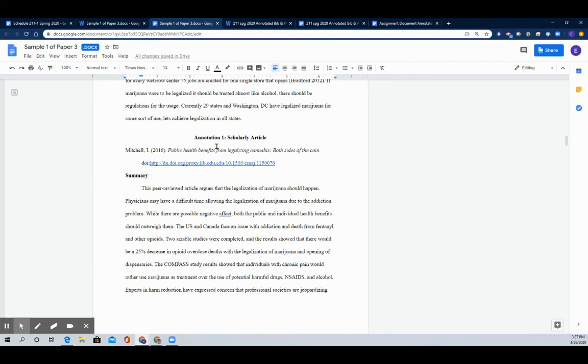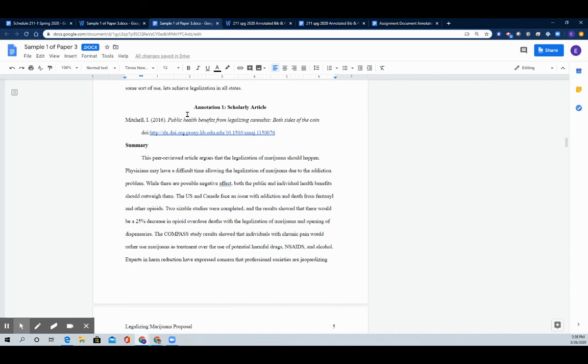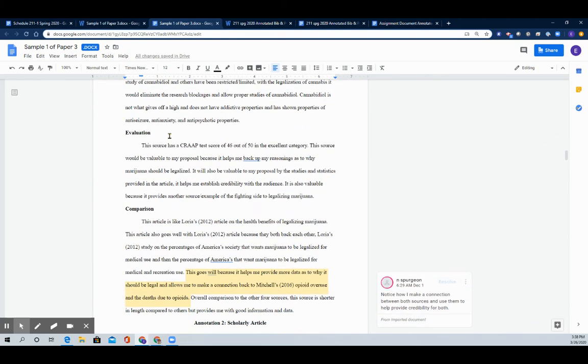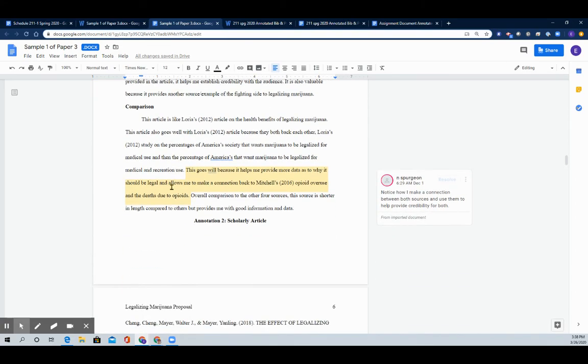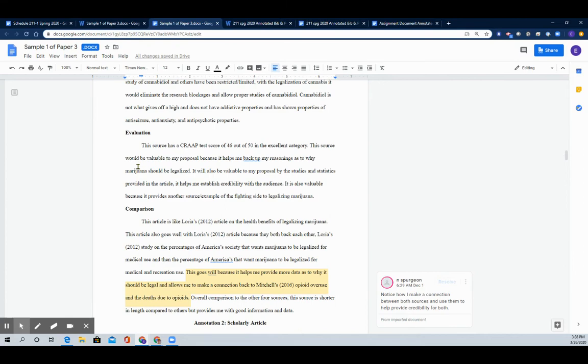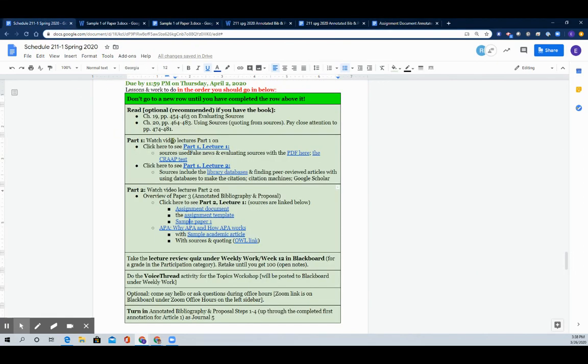But I actually thought that was confusing. So this year, for your class, you're going to be writing your annotations and starting them at the beginning of the document. So this would be actually your first thing that's going to happen in your paper. And then you see here that she's got her annotation, her summary, her evaluation, her comparison. And you can keep scrolling. Again, I'm not going to go all the way through it because I think it makes the videos way too long. I'm going to go ahead and stop our part 2 lecture 1 over here.